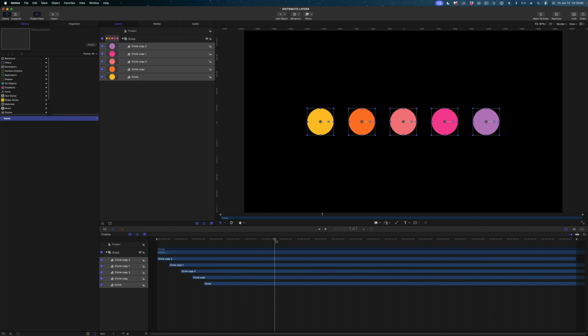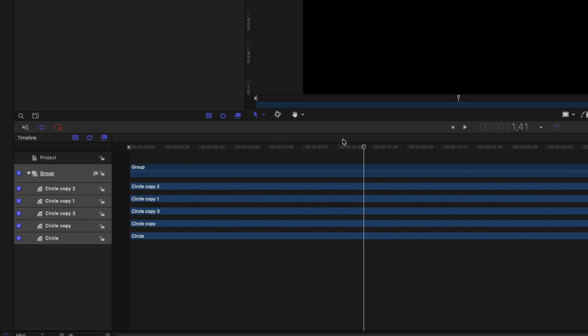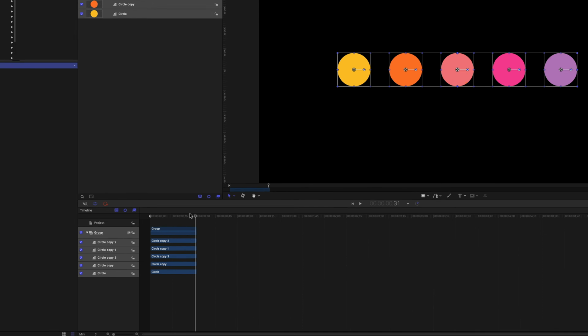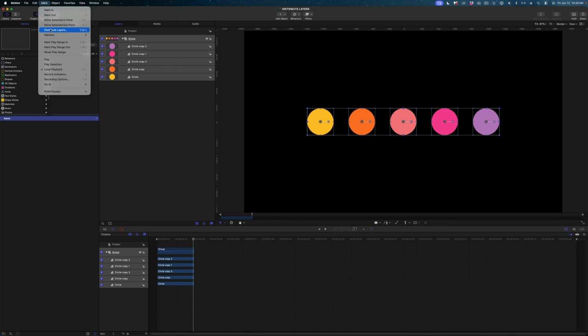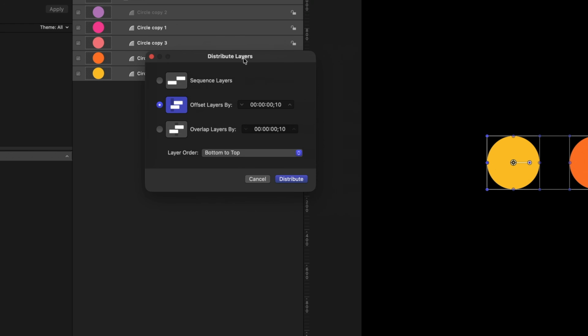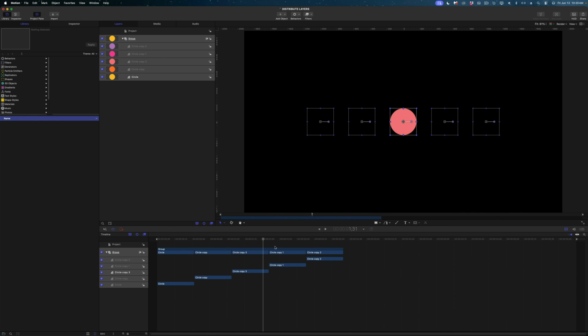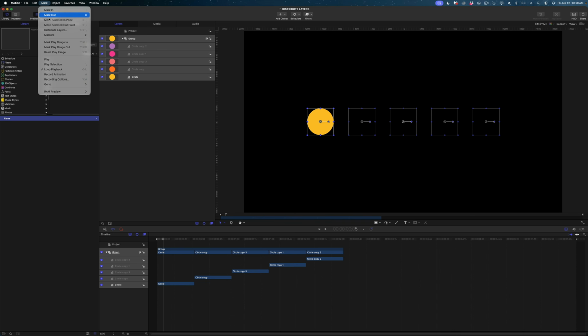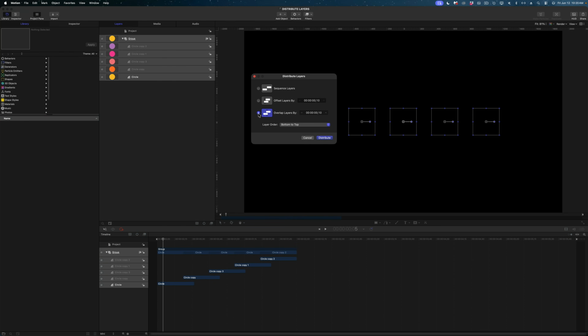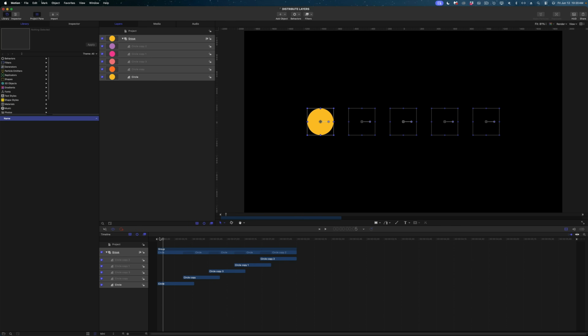To show you the other functions of distribute layers, I'm going to undo everything, and I'm actually going to shorten the duration of all of these circles by selecting them, queuing up my playhead, and hitting the O key. That's going to make everything shorter. Let's go back to distribute layers. Now, if I select sequence layers, you can see that my circles appear one at a time. And if we select overlapping layers, we can stagger them with some overlap, and that overlap is a value that